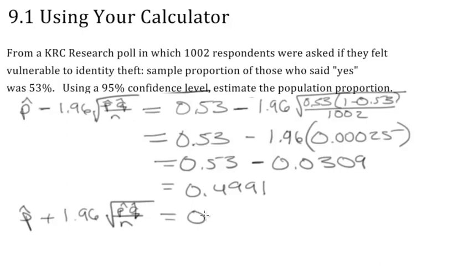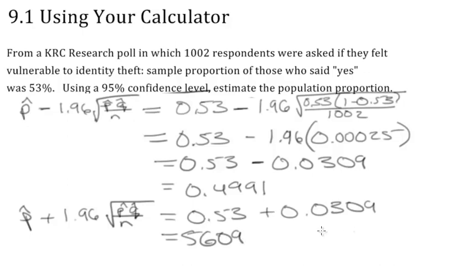So that's going to be 0.53 plus the same standard deviation. And just to be on the safe side, I'm putting this into my calculator as we speak, and here's what I've got. 0.5609. So now I am 95% confident that the true population proportion is inside this window here,